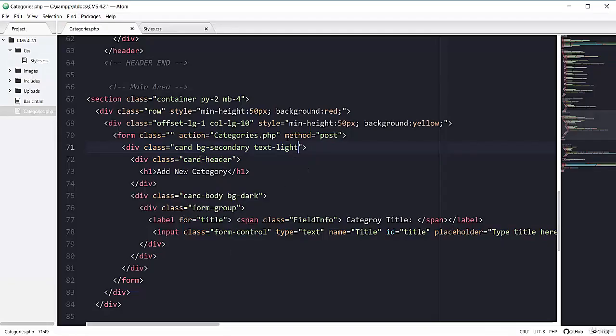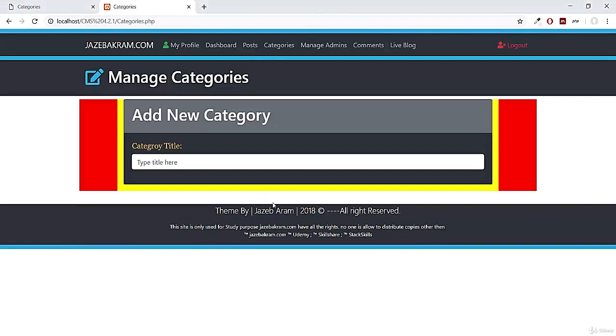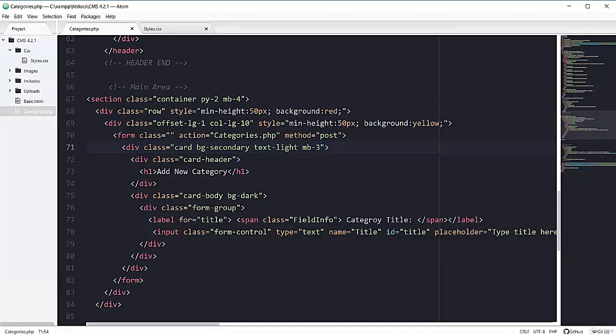So mb-3. Okay, now we don't need these colors here. I just added them for demonstration. So removing all of this style from our row and also from our main 10 column div.